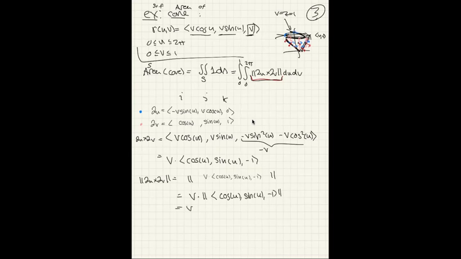This is v times the root of cosine squared plus sine squared plus 1, and that gives me v times root 2. So that was seriously the money in all of this, in this whole question. We found this red underline thing, and that's what we get to integrate, and then we'll be done. So final answer,